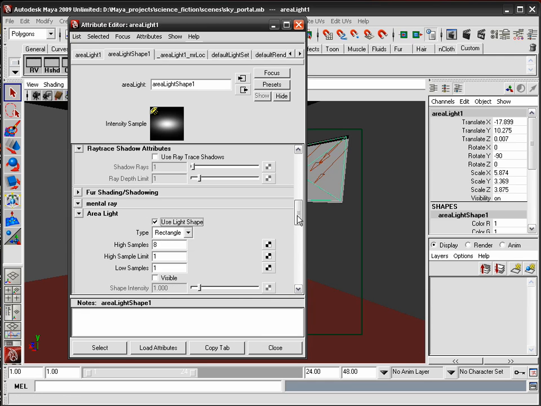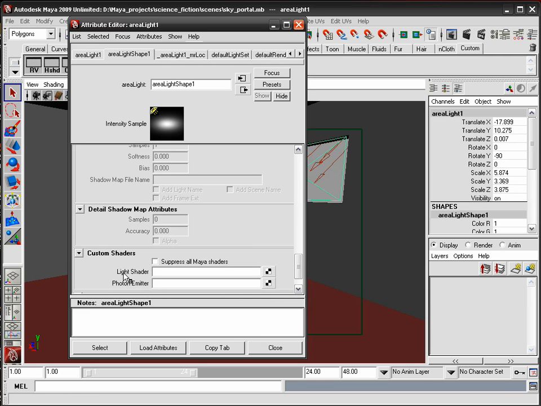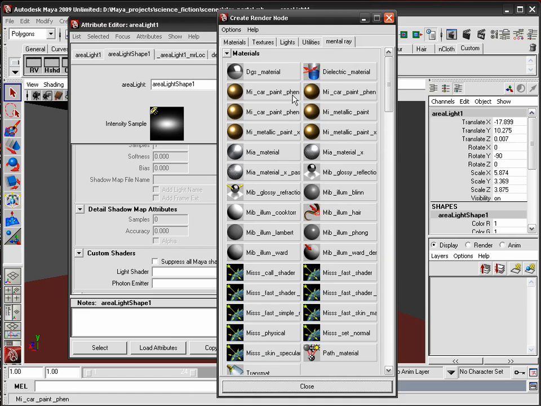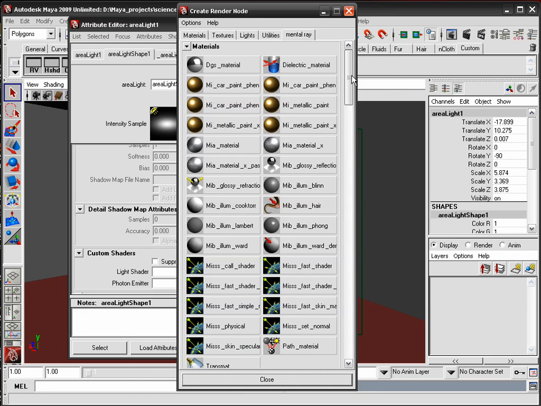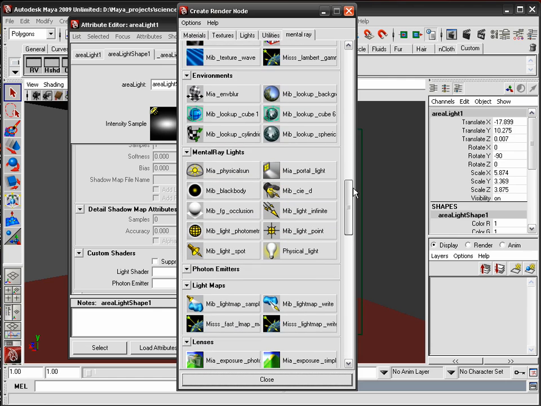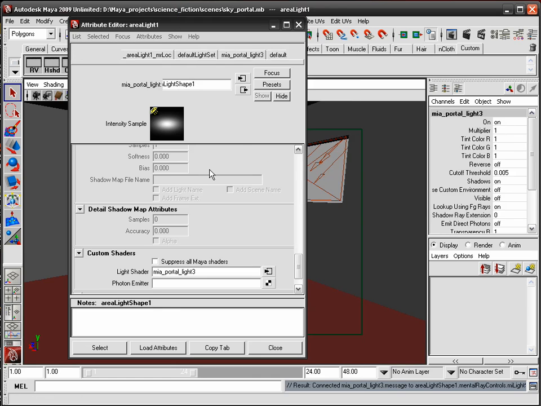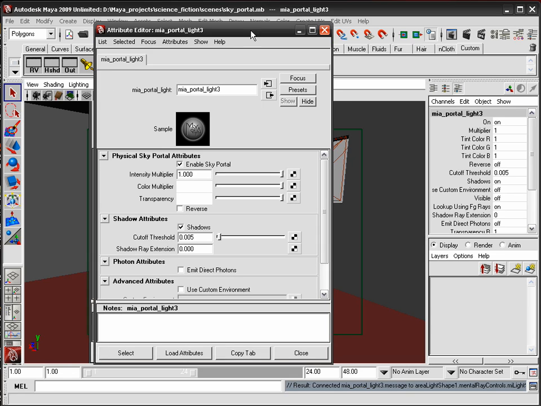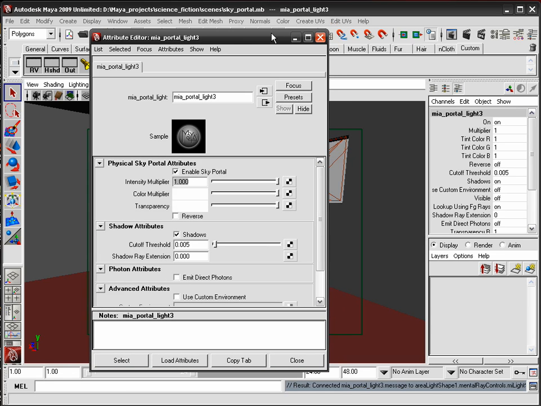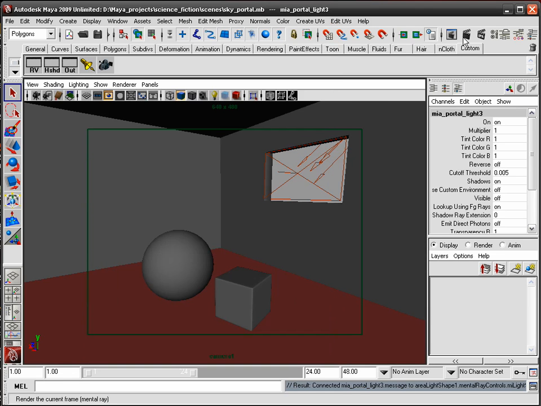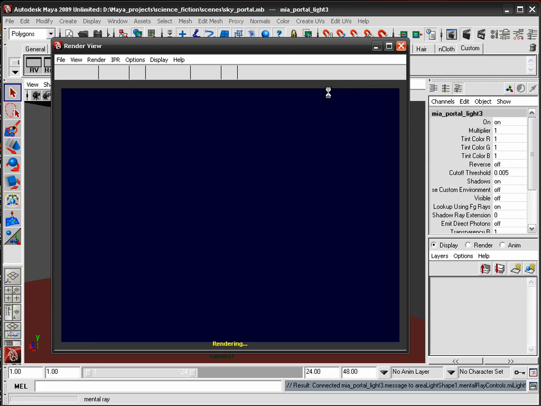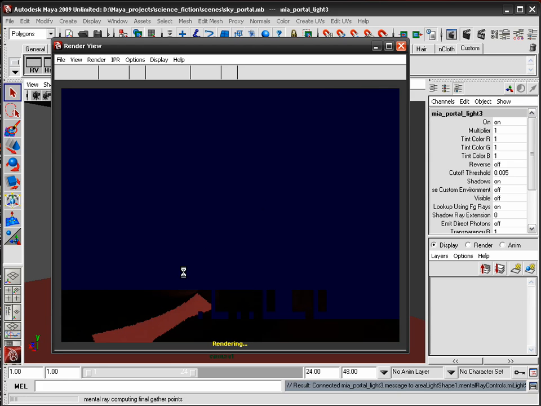So you check this, you come down here into your custom shaders, light shader, click on that, which opens up the create render node window, and under mental ray, come all the way down into mental ray lights and stick in a Mia portal light here, and that's it. You have an area light in the scene now. So if I was to go take a render of this,